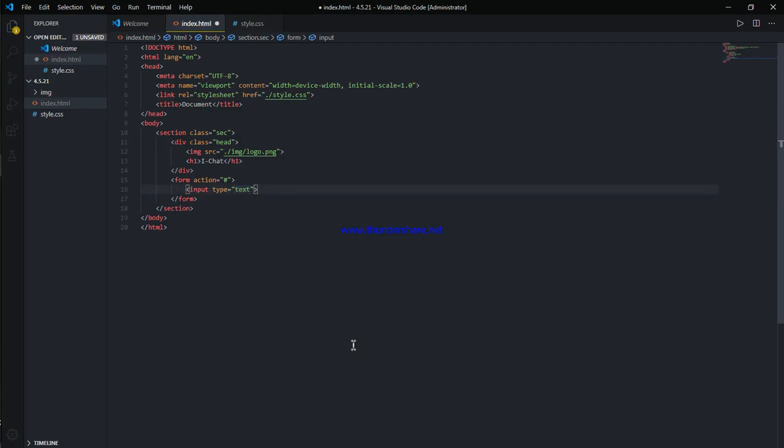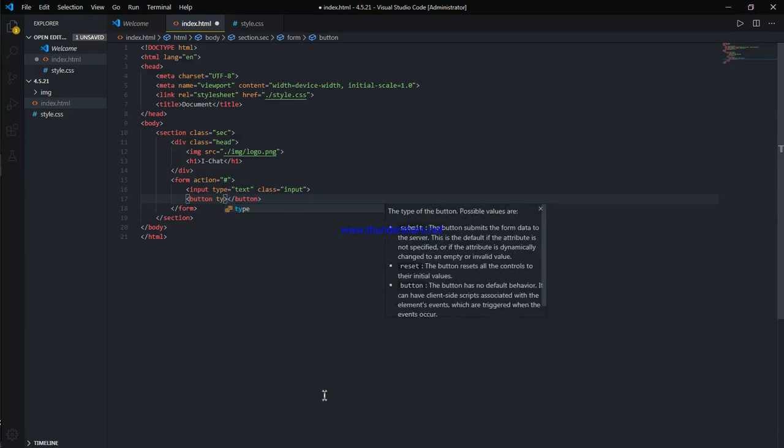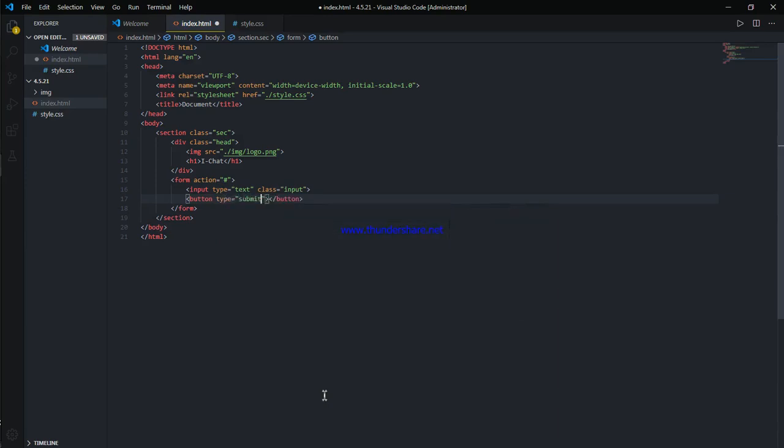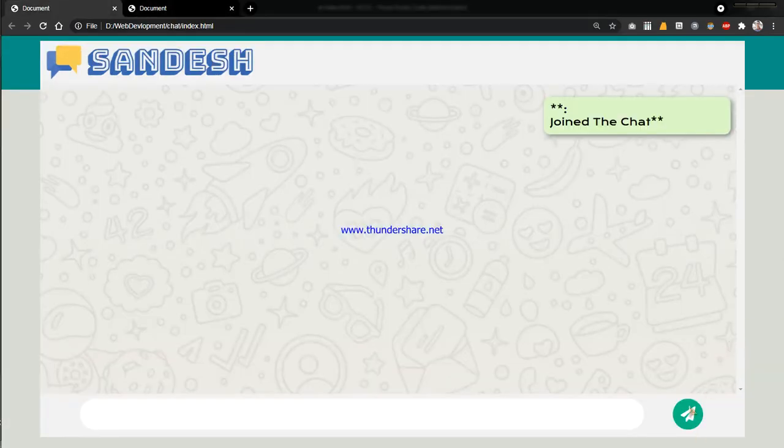The input will be just type text, and for the class name we will just give it input. Okay, no problem. Input, and a button. Let's type submit. Okay, good.